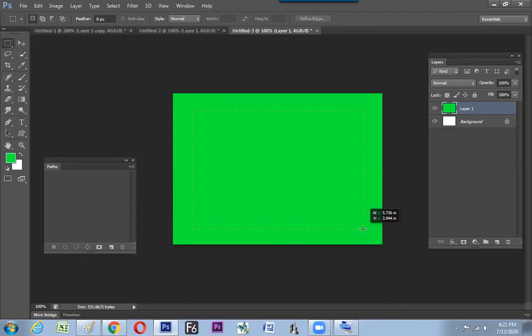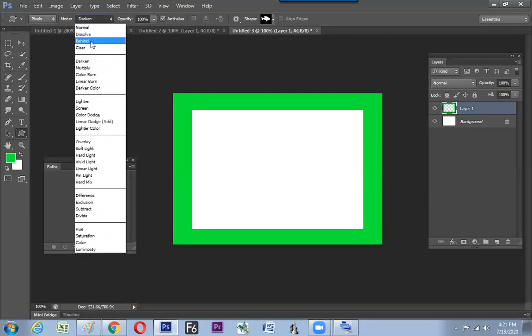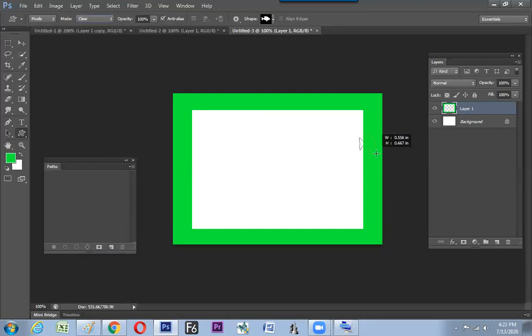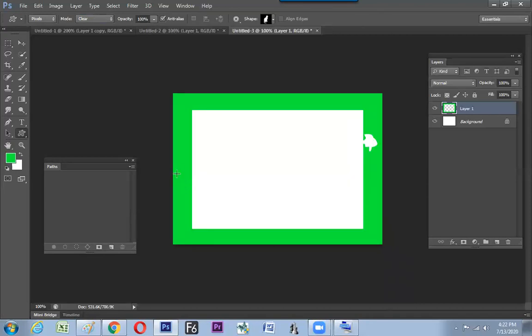So what we have done, we have filled the color. Now we are just deleting the things. The bounding box is ready. Now here we need to get the cut of the subject. So let us make a cut. How to make a cut? By the help of your clear mode. You're just cutting the things. So it creates an impression like, yes, subjects are standing on the screen. So you're just cutting the things, clear mode, right?